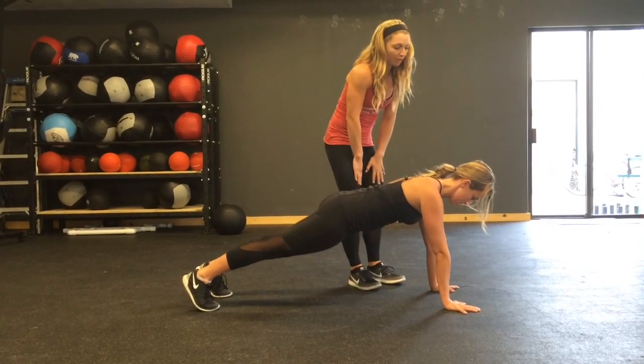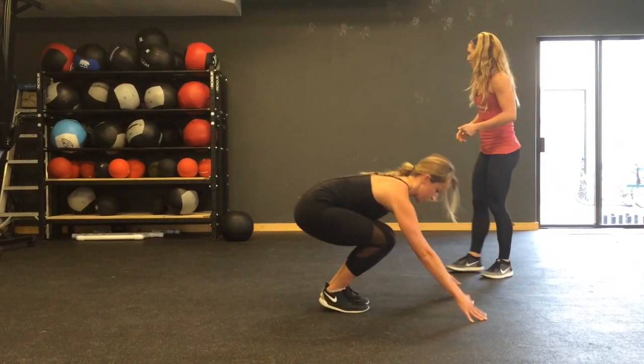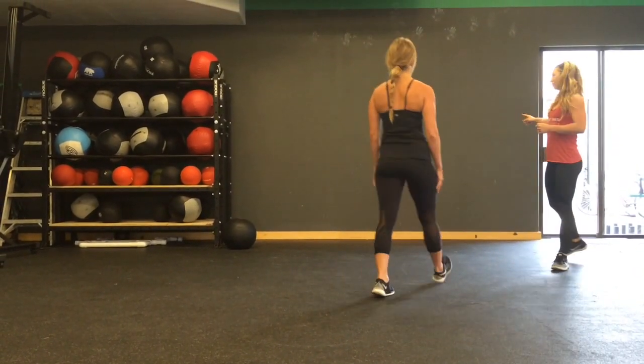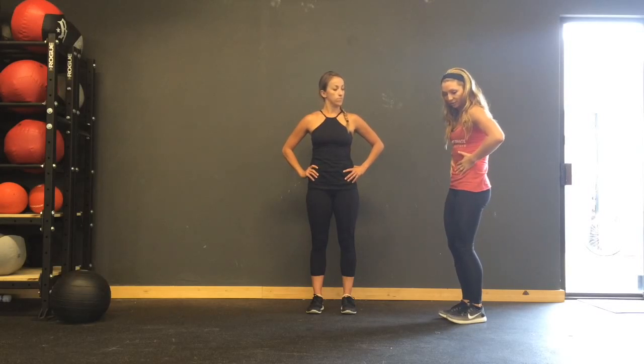You would hold this for your count. There's your plank, or we're going to come on over to the wall for the handstand hold. If you have a wall at home or outside for a handstand, this is a fun skill to practice. I recommend that you do it facing the wall because that translates over to freestanding handstands a lot better than facing away from the wall, because our goal with the handstand is to maintain that hollow position tucked through here